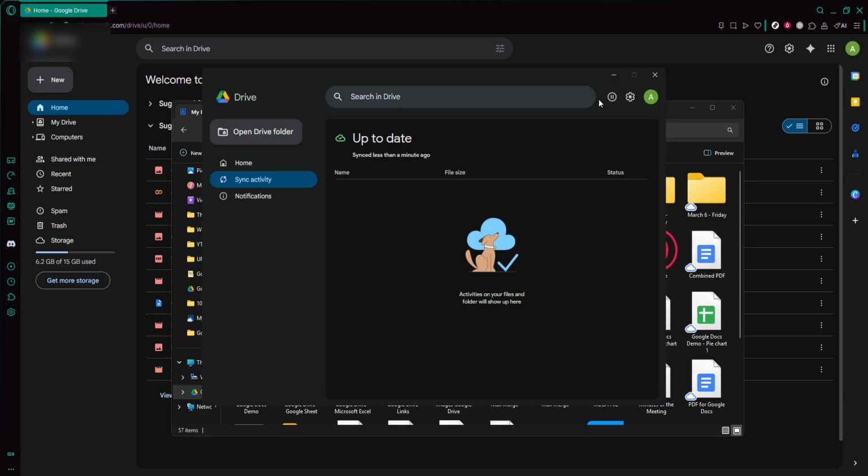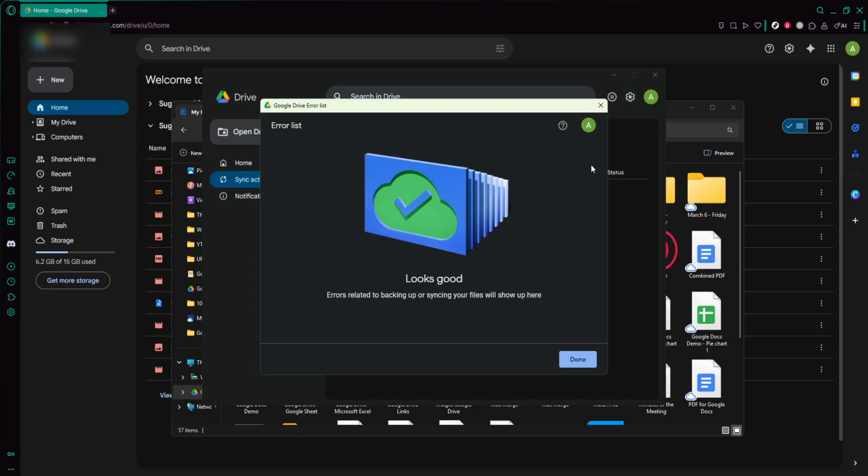Open the desktop app, check the system tray status, review the error list, correct any file name or size issues, and then restart syncing so